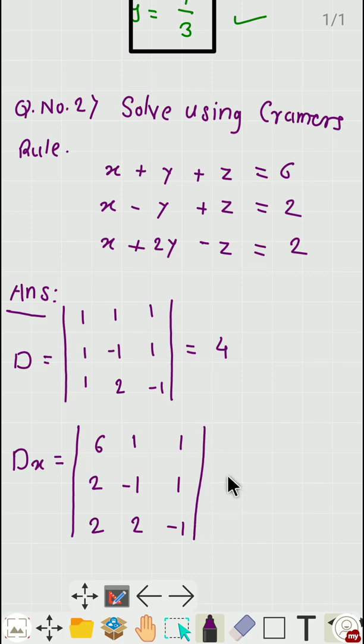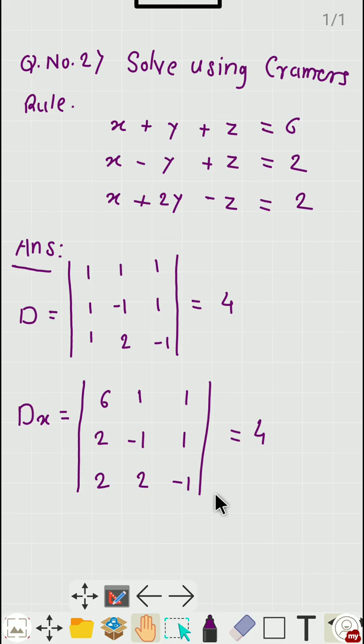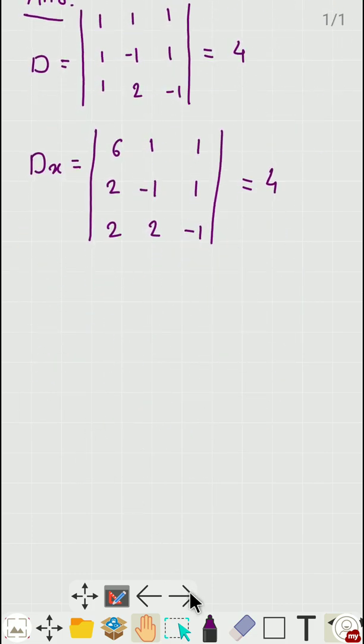If you find the value of the determinant, it comes out to be 4 again. After that we write dy. Dy is equal to